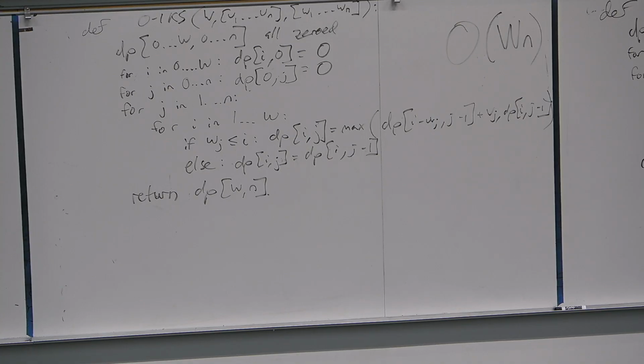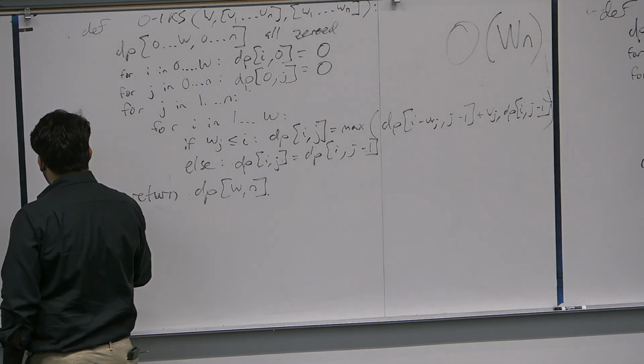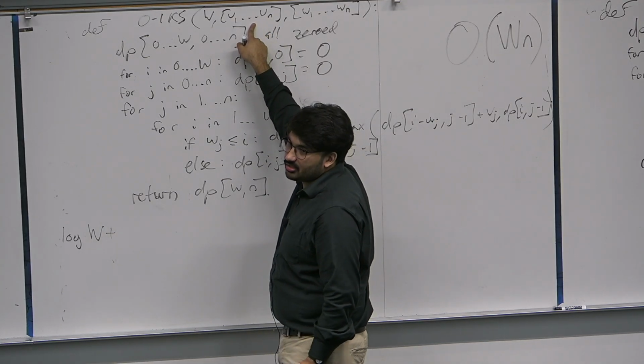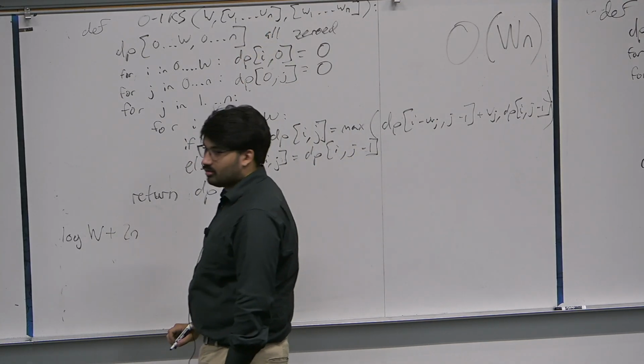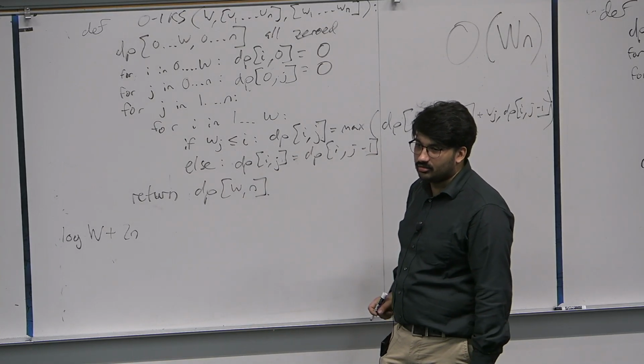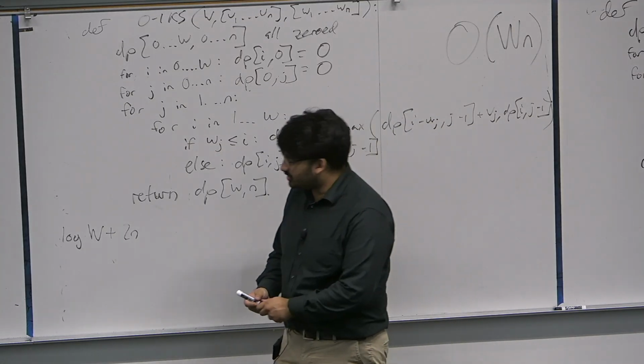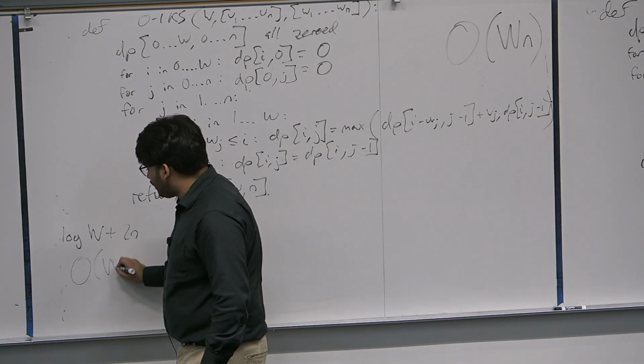Suppose each v_i and w_i are constant size, but W is not. How big is W? You're given an integer and 2 arrays. The W is of size like log W? Yeah, so the input size is approximately log W plus approximately constant sized elements. The number is W; you can store it with log W bits. If your input is size log W plus 2n, but your runtime is O of Wn,